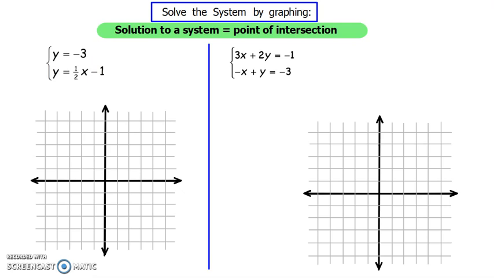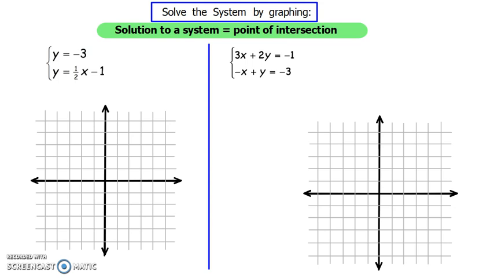To solve a system by graphing, our goal is to find the point of intersection of the two lines, where the two lines cross. That point, being a point on both lines, is the only point that would make both equations true. It's the only point that's going to satisfy the system. So if we take a good look at it here,